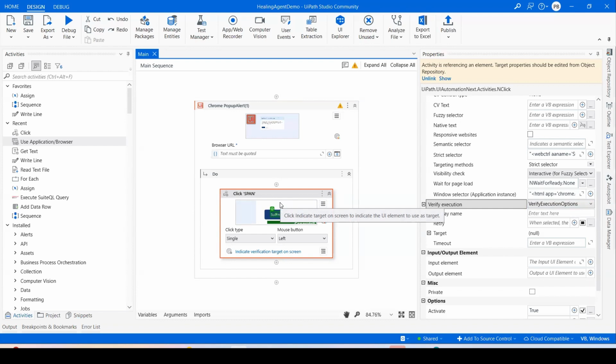I'm not really sure about the last one, but there are four activities where verify execution is enabled. Why we need verify execution and all those things, I'll cover in a different session. But now, one thing you need to know about verify execution is that you should use it. Even UiPath recommends using verify execution whenever you deal with UI automation such as click, type